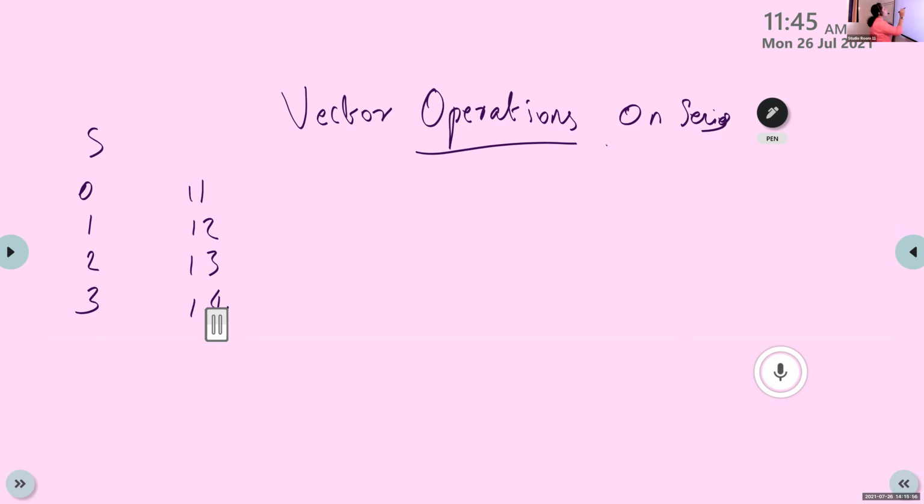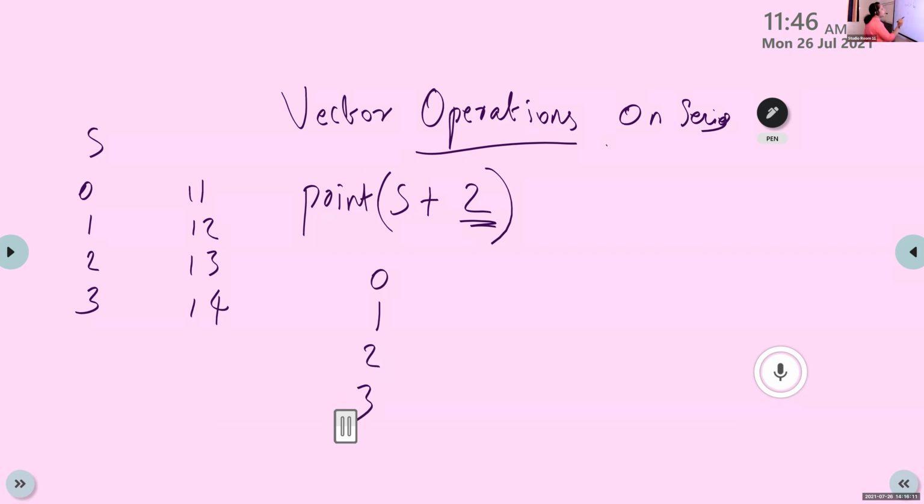That is, if I want to add S plus 2, this is known as a vector operation with a constant value. So print S plus 2. The result is 0, 1, 2, 3. We will add this 2 with 11, so 11 plus 2 is 13. 12 plus 2 is 14. 13 plus 2 is 15. 14 plus 2 is 16. This is vector addition.